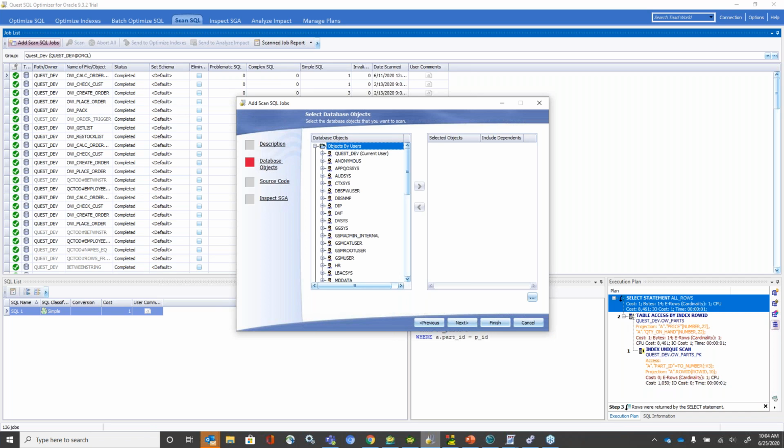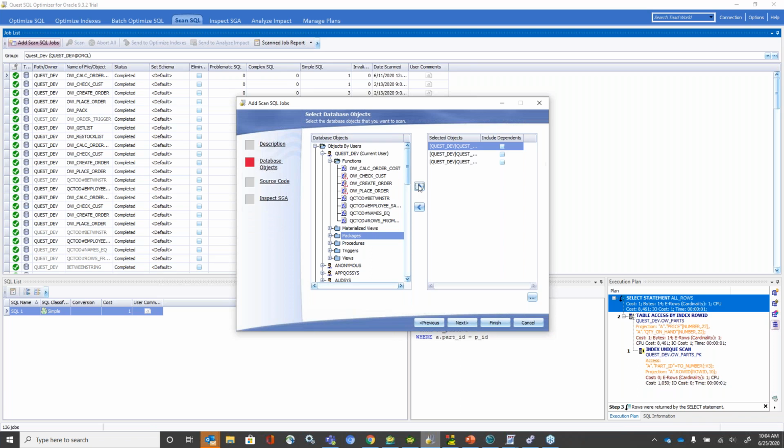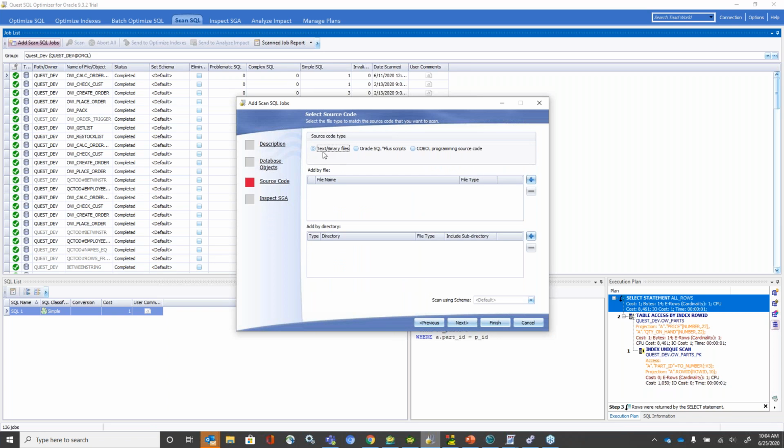So if you remember what you're working on, you can drill down in and get very atomic. I can say, I know I worked on a few of these functions here. If I can't remember what I worked on, hey, I'm just going to scan through all my packages. Or as a DBA, hey, I just want to scan through maybe one particular schema, or maybe the entire database, but I can pick and choose what it is I want to scan through. I can also scan through source code, whether it's text files, SQL Plus scripts, and we have this button here,